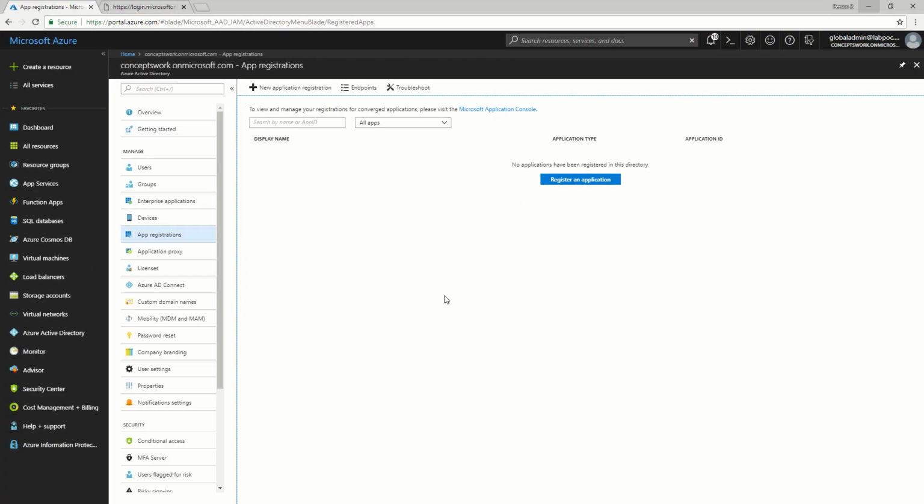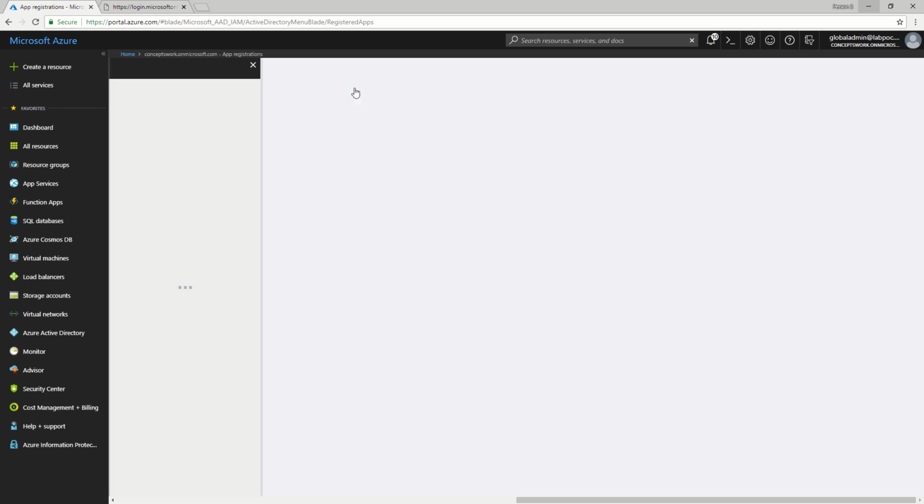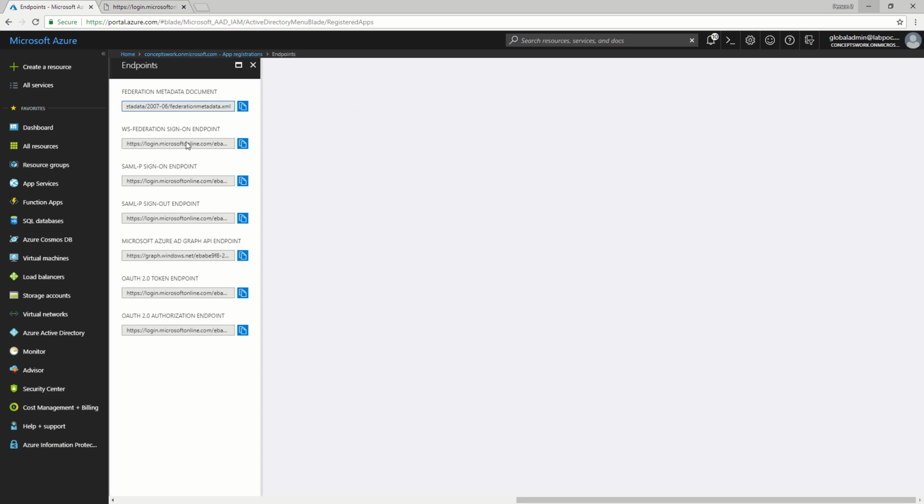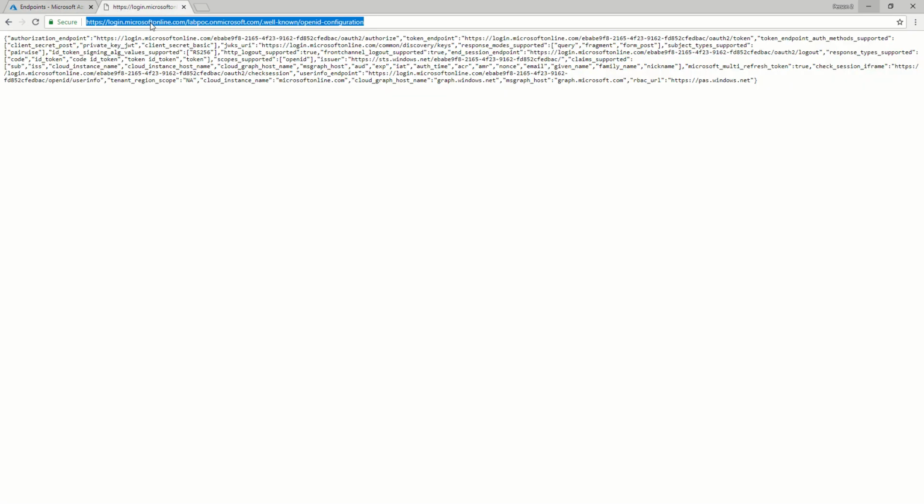So here I'm logged in to portal.azure.com, and I've clicked on Azure Active Directory, and then I'm in app registration. Before you proceed with adding any application in your tenant, what I can suggest you check is the endpoint list. As you can see, the very first option that you get here is the federation metadata. The moment you navigate to this link, you will see the federation metadata that is specific to your tenant, a list of the claims that can be issued by Azure AD,